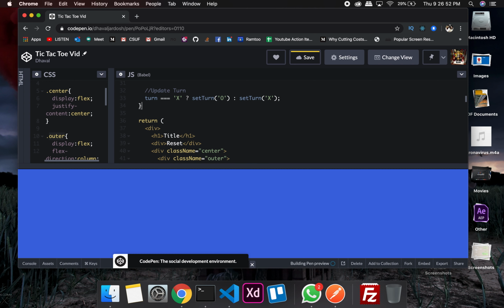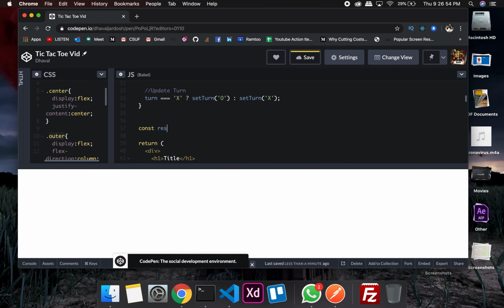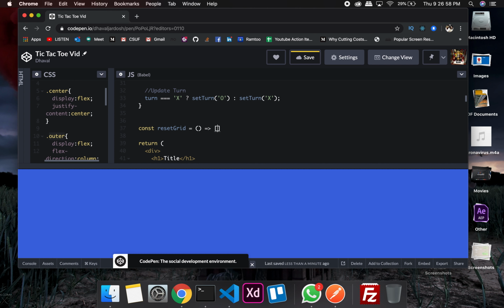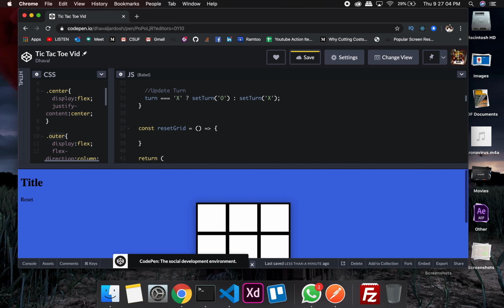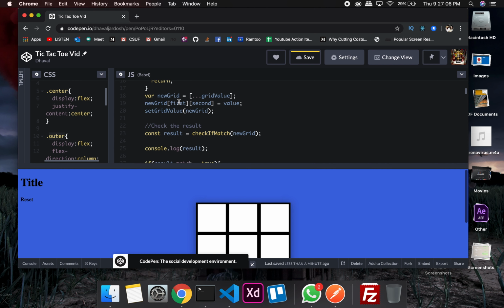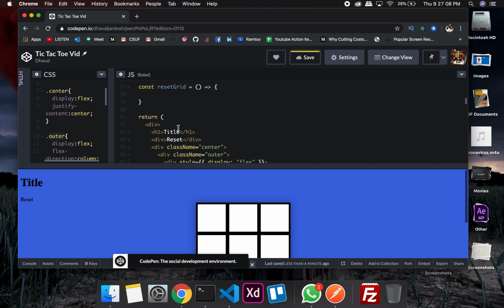So let me create a function here, constant reset grid. In this function, first of all I'm going to reset the winner, because if I have a winner I am not able to update a grid, right? So I'll set winner equals to empty string,